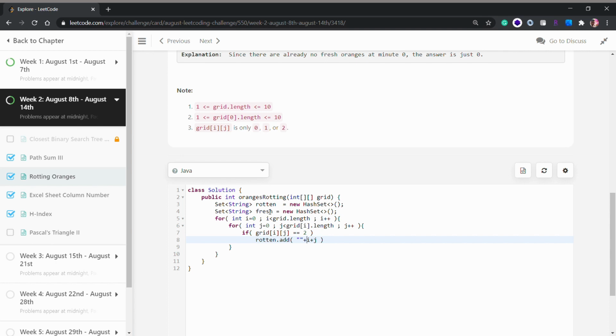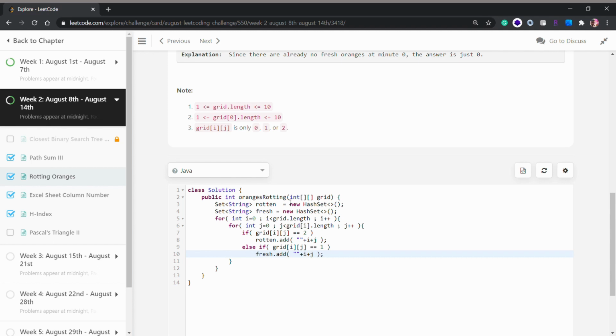This empty string is just to convert these integers into a string, and Java will automatically do it for us. Else if grid[i][j] equals 1, we add those oranges into our fresh hash set, and do the same thing, i plus j.